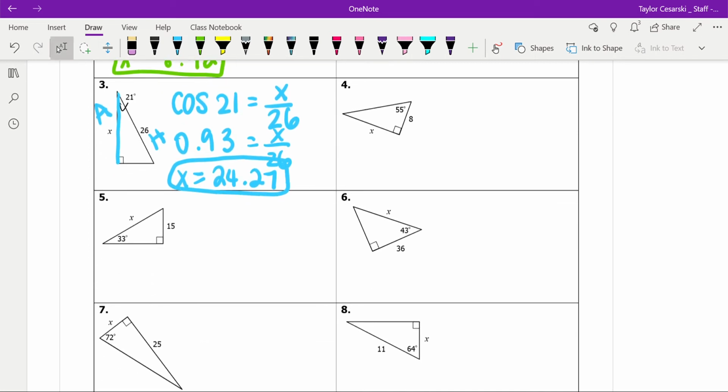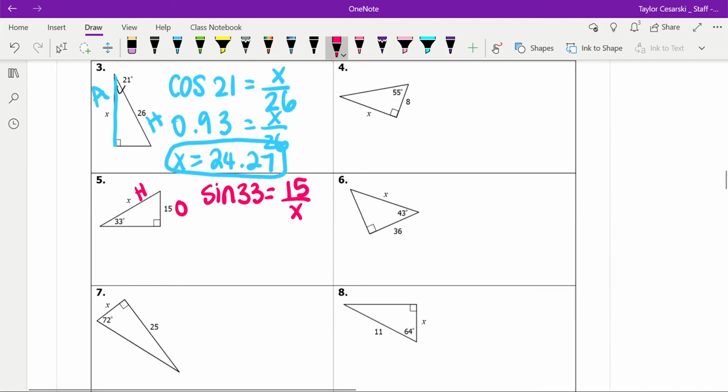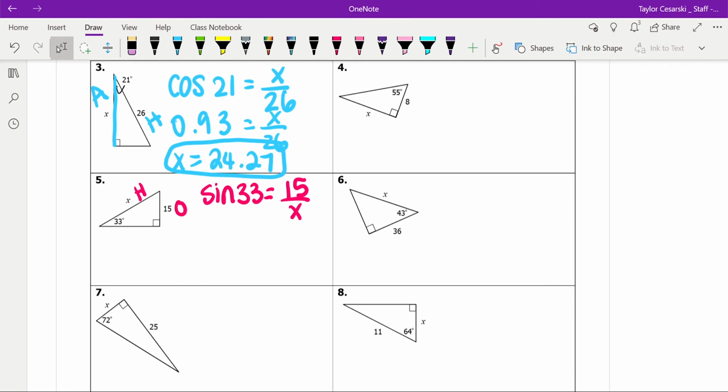All right, next one. So I have opposite and hypotenuse, so I'm going to use sine here. So sine of 33 equals 15 over x. So notice opposite is 15 and my hypotenuse is x. So this time my x is at the bottom. Okay, so it's going to be a little bit trickier, but it's okay. So sine of 33, I'm going to go ahead and type that in my calculator. Okay, so I get 0.54